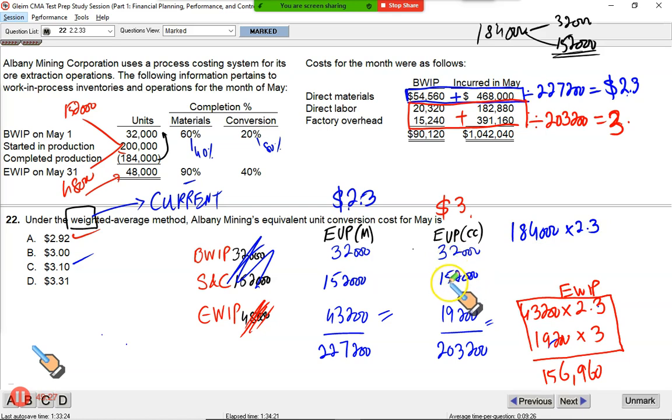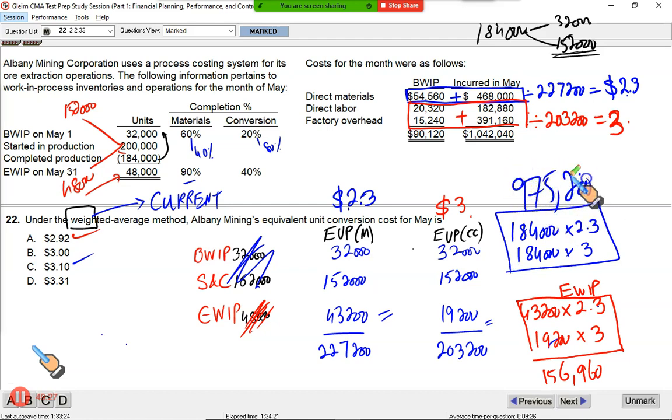And 184,000 EUPs of conversion cost to be valued at the rate of 3. If you combine all this, it will give you the value of the goods completed during the current period. So 184,000 multiplied by 2.3 plus 184,000 multiplied by 3 gives me